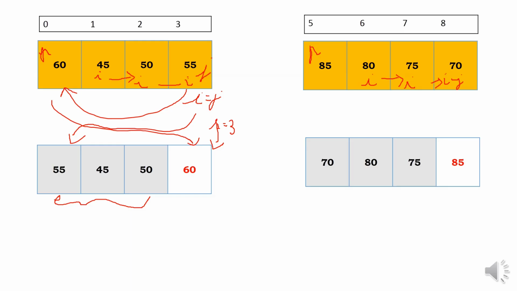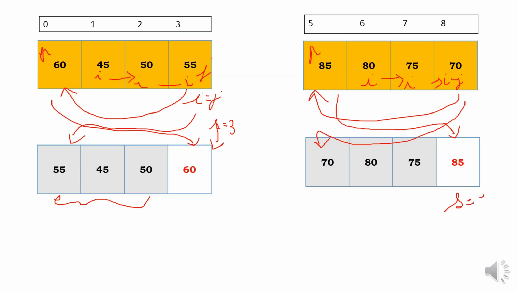Now both i and j are pointing to the same position. When i and j are pointing to the same position, we need to swap the jth element with the pivot element. Hence, the element 85 has come to the place of 70 and 70 has got to the place of 85, and now you have made a partition at s equal to 8. So you need to separately sort this sublist of elements 70, 80 and 75.